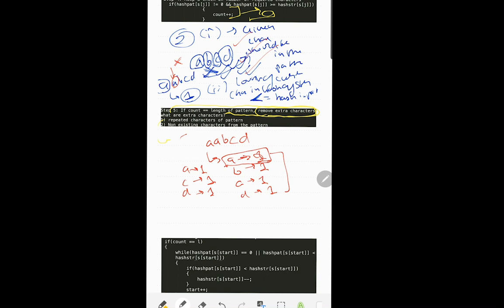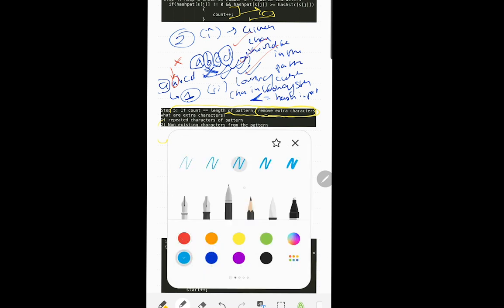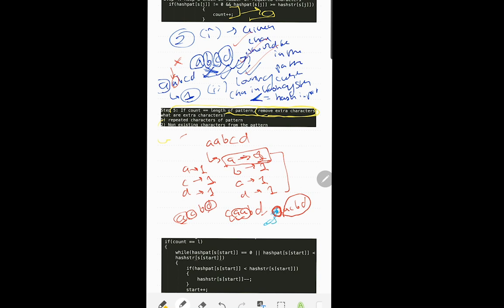Now if this A is somewhere in the middle, that means if it was C, A, B, D, there is no way that I can form C, A and D without considering both of these, right? But if it is at the start, if it is A, C, B and D, that means if I don't include this A, still I can find a pattern in this much of string, because there is A, there is C and there is D as well. So this first A is an extra character, so I need to remove this. That means this is a useless character for me.